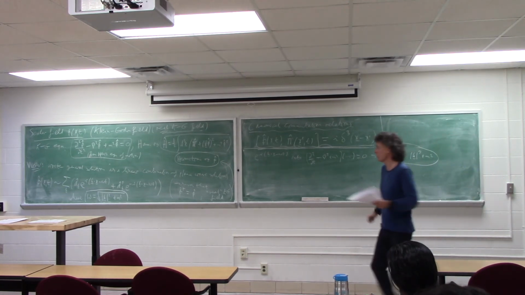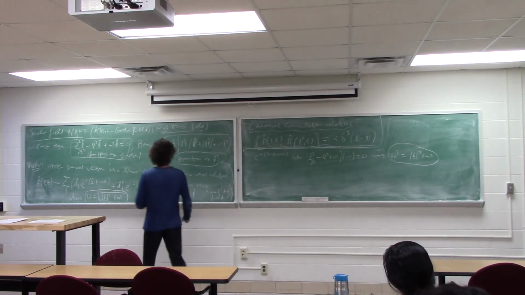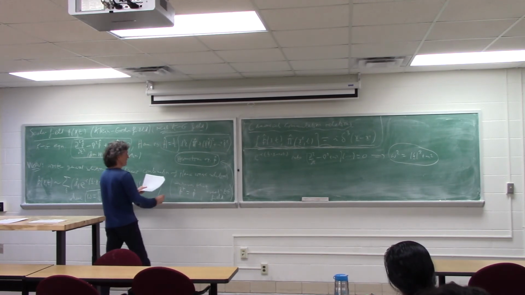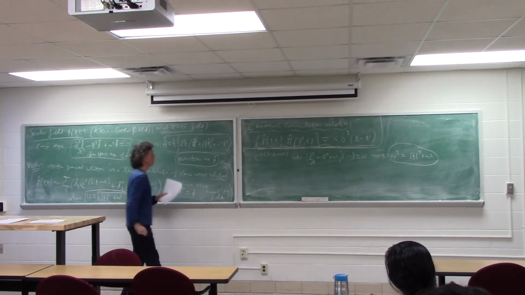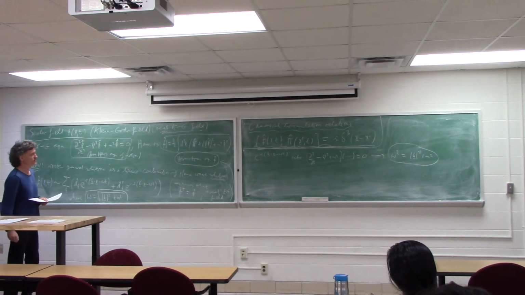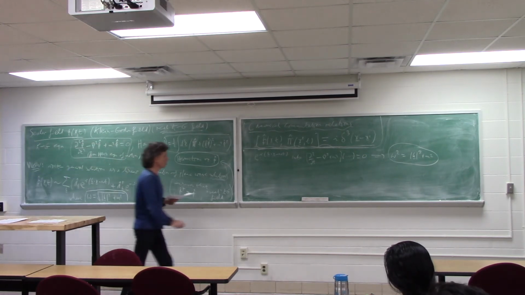So we're expanding it. It's writing the field as a linear combination of plane wave solutions of this partial differential equation. So omega has to be root mod k squared plus m squared. So now what we do